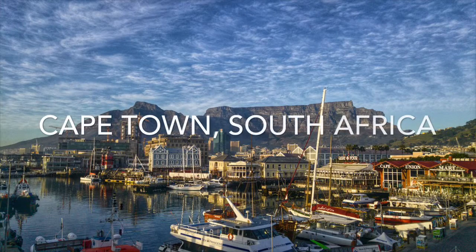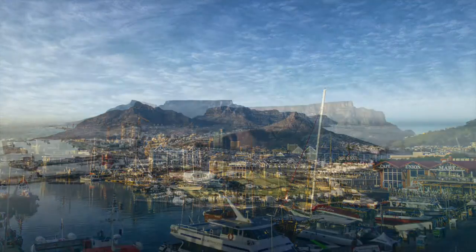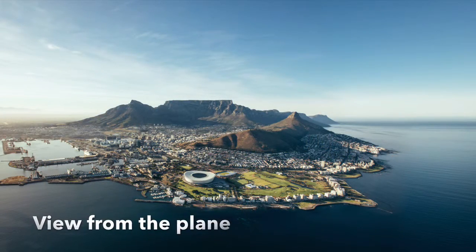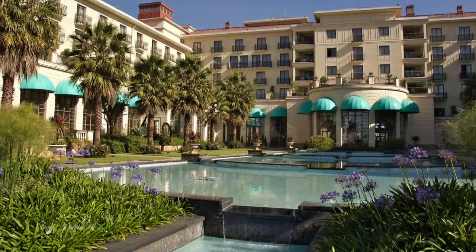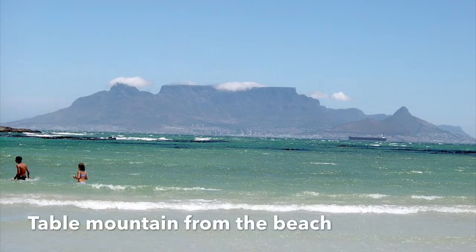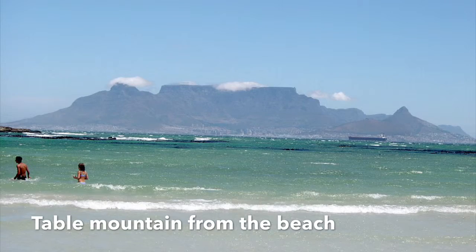We start our journey in Cape Town, South Africa. This was the view from the plane. It was around a 15-hour flight. And this was my hotel. It had amazing breakfast. One of Cape Town's most popular tourist attractions is Table Mountain, and this is the view